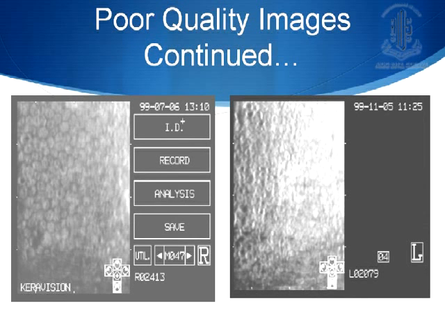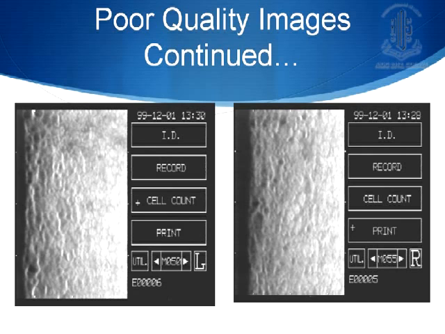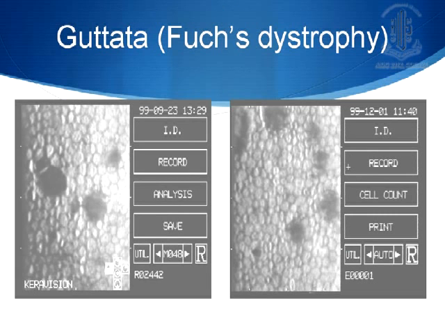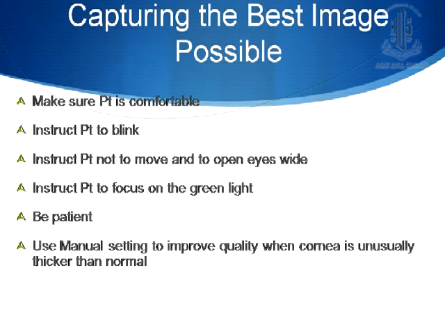And this is another example of the same poor quality images. And what would also be affecting is the proper corneal condition, because sometimes you have corneal edema or scars which by themselves give a bad image. And this is what the guttae look like in Fuchs dystrophy. And there are just a few tips to capturing a good image.